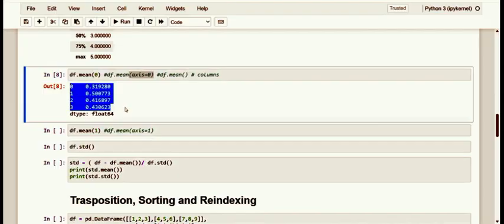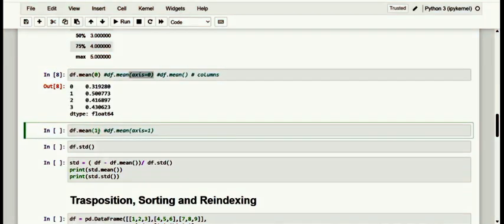Each column. In fact, as many results are obtained as there are columns in the data frame, whereas if we want to carry out the statistical evaluation by row, the value 1 must be specified here. It is very important. If you specify axis equal to 1, of course it is the correct, exact method.